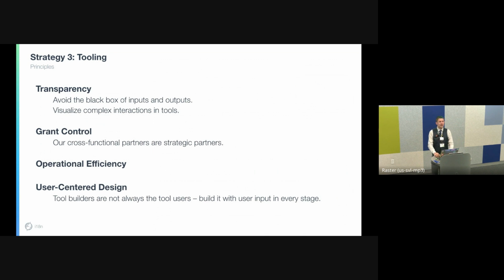And an interesting trade-off is operational efficiency. A lot of the reason why we're building this tool in the first place is that we want to improve our OpEx. We want to do things faster and better. But sometimes the time we spend building that tool is actually not the time that's making us more efficient. That's a trade-off that we always need to be aware of. It sounds like we want it, but maybe there's not the return on investment that we thought.